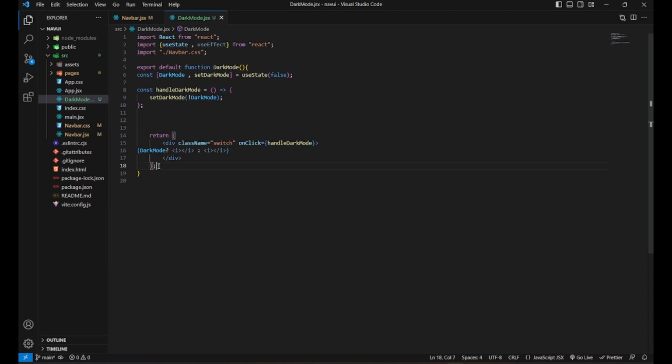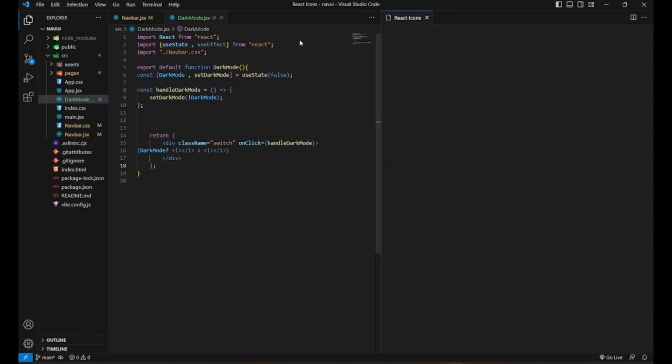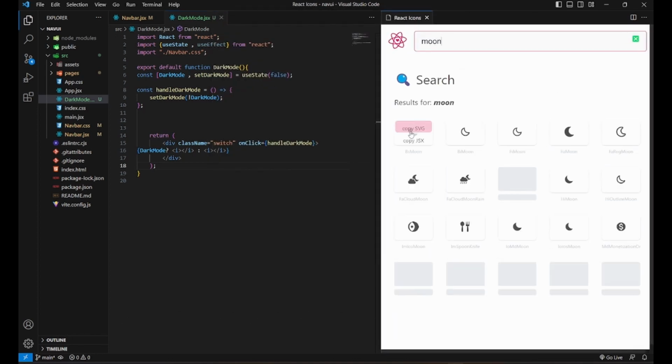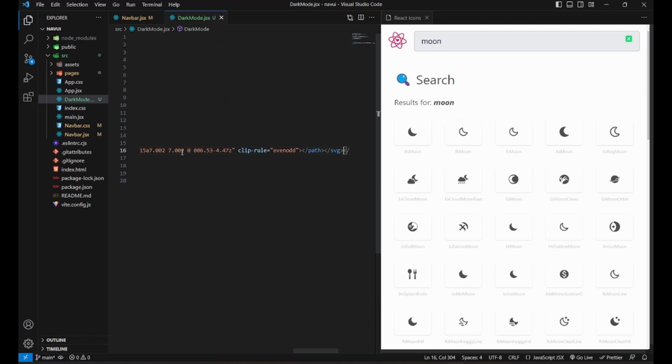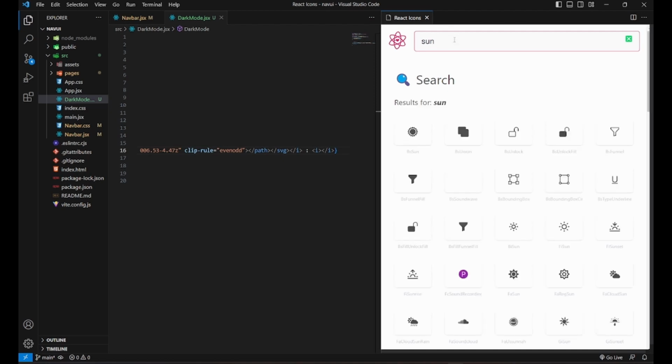Okay, so for icons you should install an extension called React Icons, which you can just search in the extensions and you will get it. We'll copy the moon icon here and paste it. The moon one will be for dark mode, and a sun icon. Okay, so the sun icon should be for the light mode.